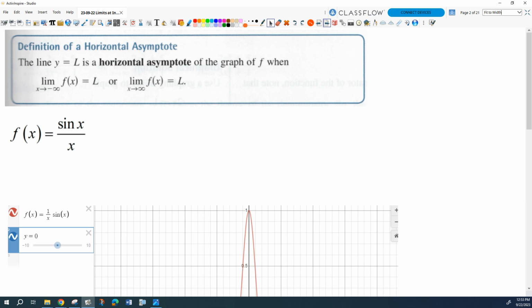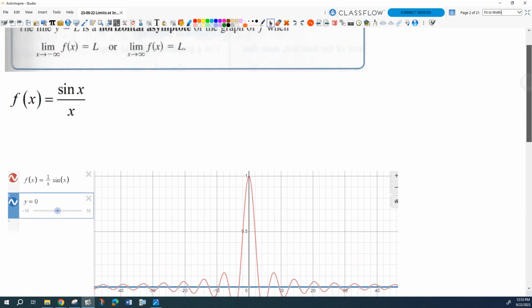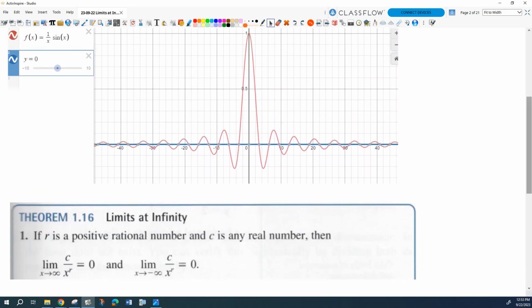And we looked at an example yesterday on the video where we took this function, f of x is sine x over x. That's what the function looks like. If you look at relatively small numbers, it doesn't look asymptotic at all, right? But if you zoom out, you start to see that, yeah, as we go out to the tails of the function, as x tends towards positive or negative infinity, these oscillations get damped out and it starts to more and more closely hug the x-axis, right? So way out there and way out there, the x-axis is a good description of the behavior of the function,